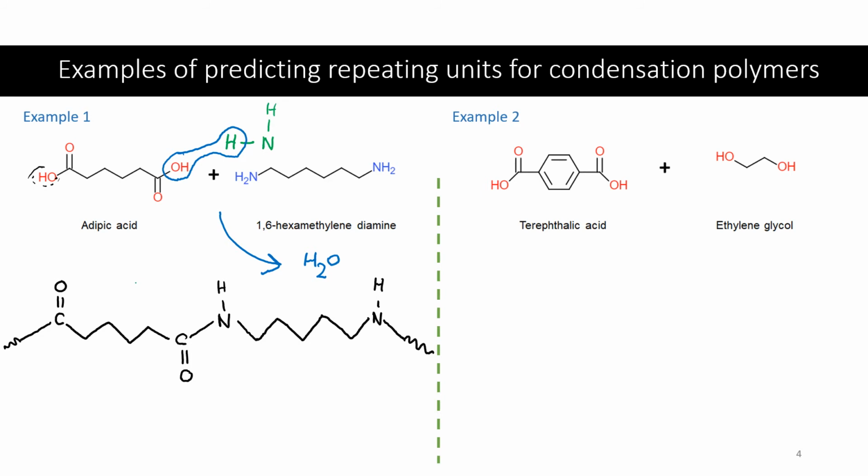So that's going to repeat, so we're going to leave that end open. We will cross it off with a bracket and put N to indicate there will be multiples of this repeating unit repeating. So this is the repeating unit